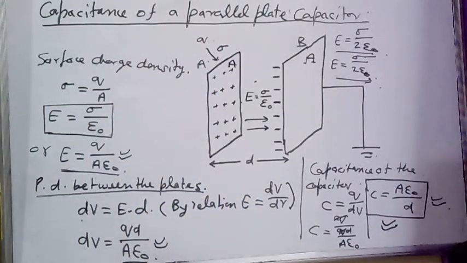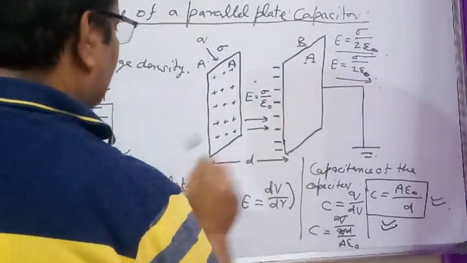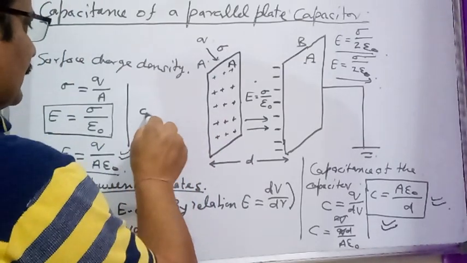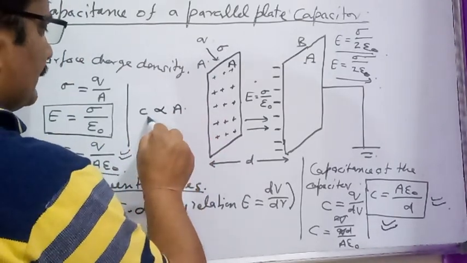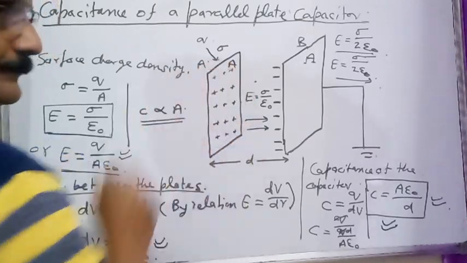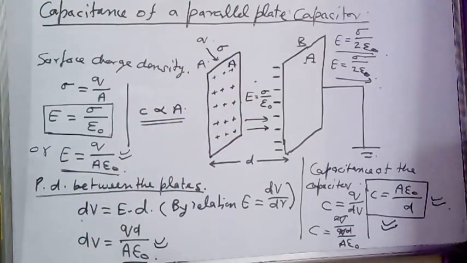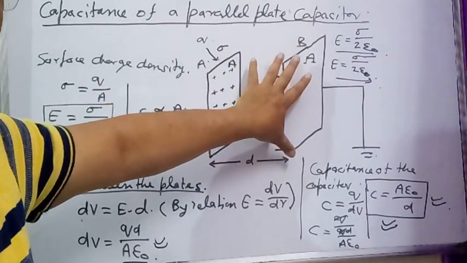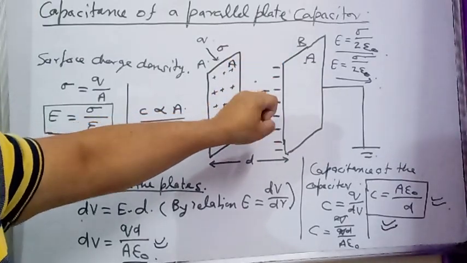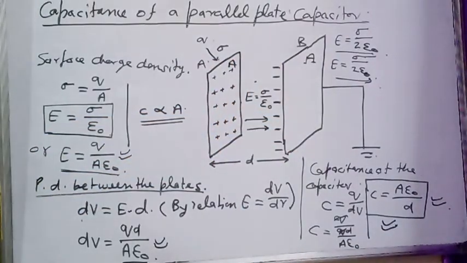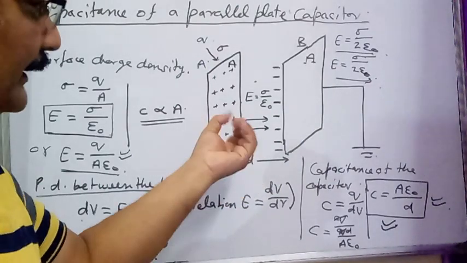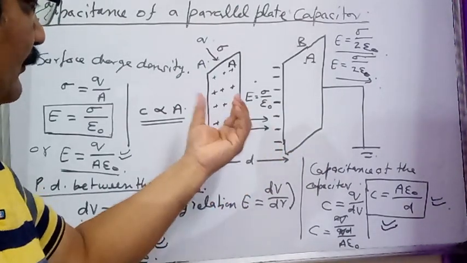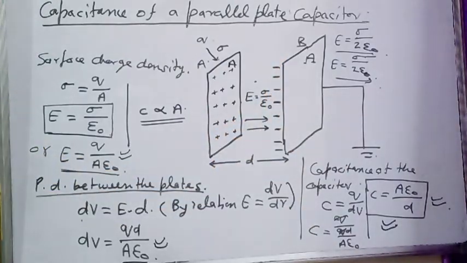So students, as you have seen, the capacitance C of this parallel plate capacitor is directly proportional to the surface area of the plate. It means the capacitance of any parallel plate capacitor can be increased by increasing the surface area of its plate. It means the capacity of the capacitor is directly proportional to its size. In most cases, we know the storing capacity of any pot is always directly proportional to its size. So this is one of the methods.